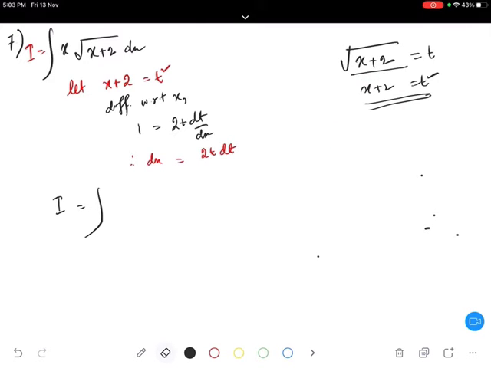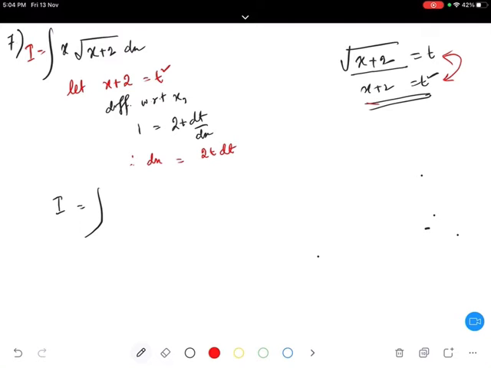The thing is that whenever you see a square root, you substitute whatever is inside the square root as t square. Because you see square root of x plus 2, if I take it as t, then squaring both sides, what do you have? x plus 2 is equal to t square. Aren't these two the same? They're the same, right? So I'm proceeding with the second one. Why? Because the first one will be more confusing if I start to differentiate that one.